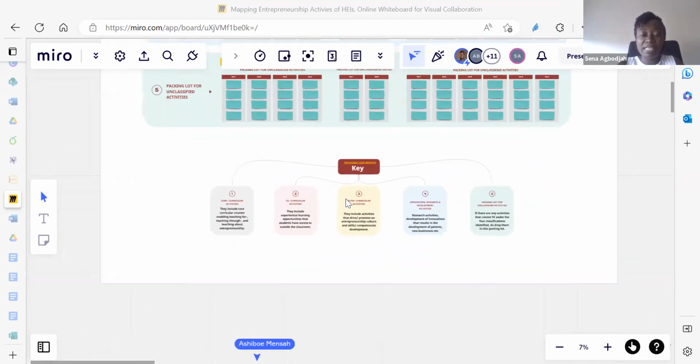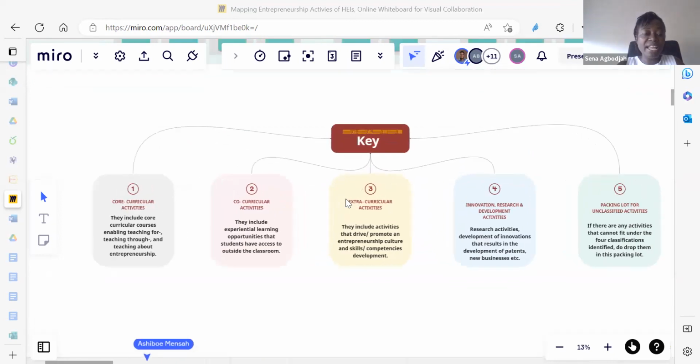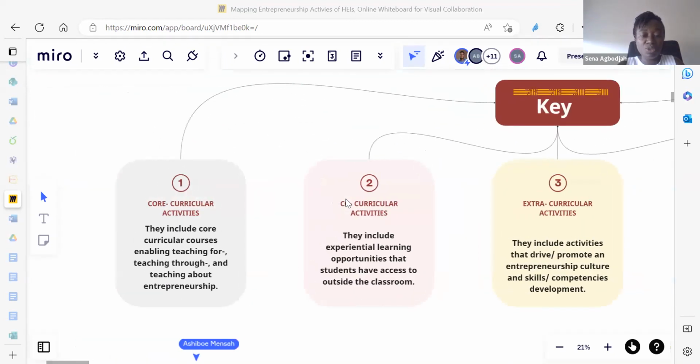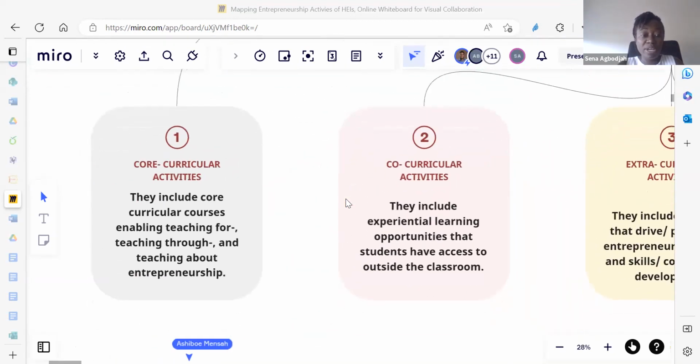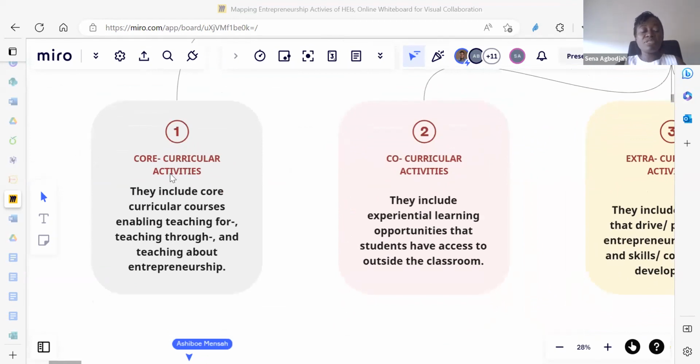Now I'll start with the key. So there are 5 core pieces to this, and I'll speak to them one after the other. Now, there are some core curricular activities that we undertake. And these are basically courses that we offer. Either courses that help us to teach about entrepreneurship, so to tell our students what entrepreneurship is, who an entrepreneur is, basically talking about it, right?